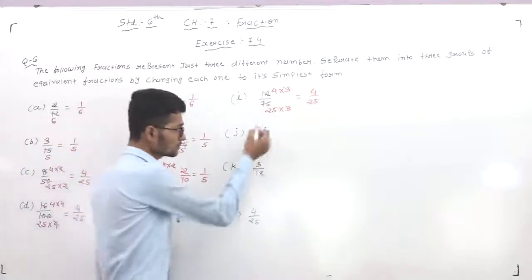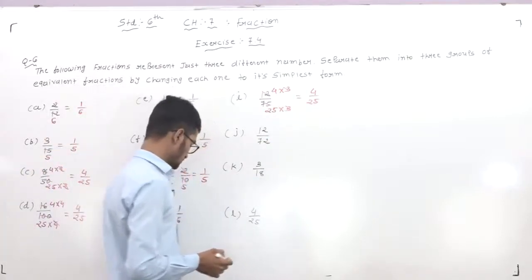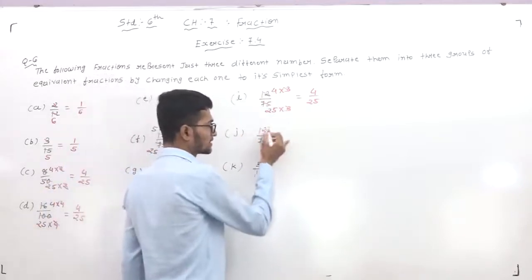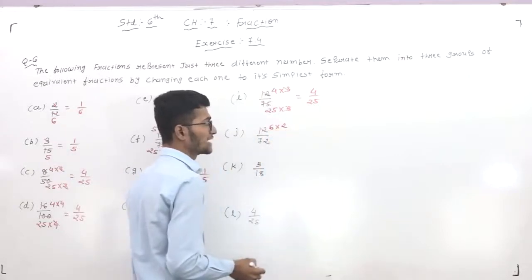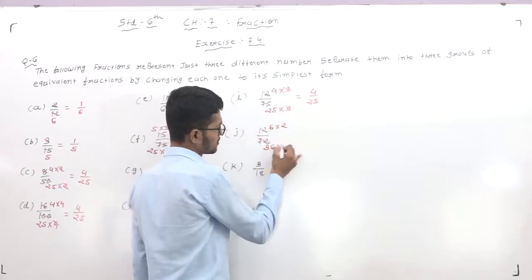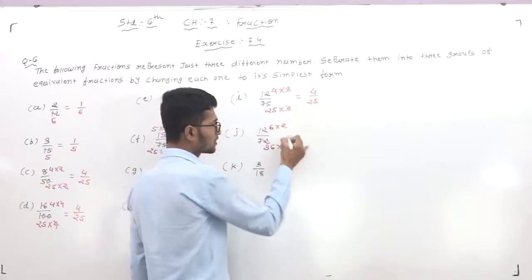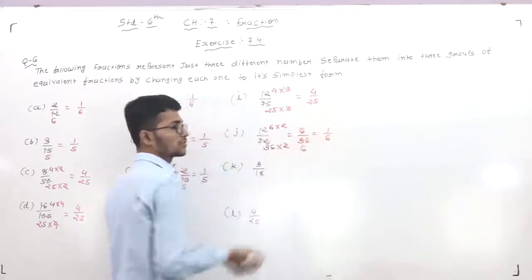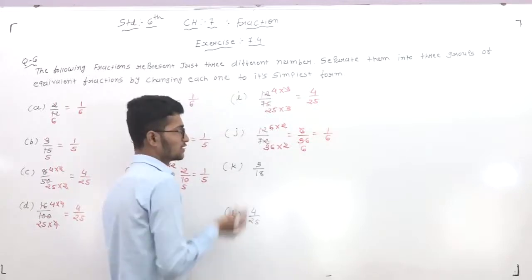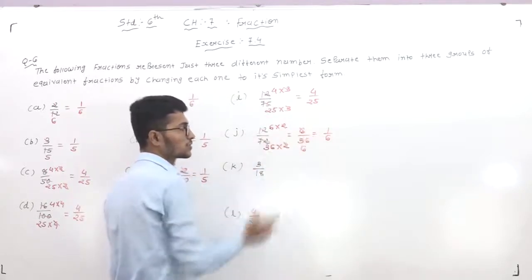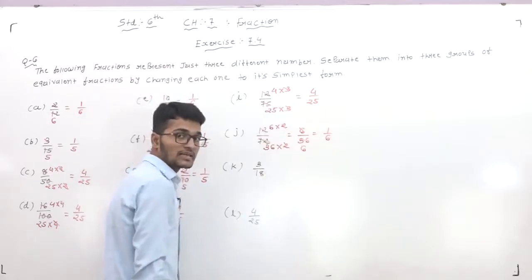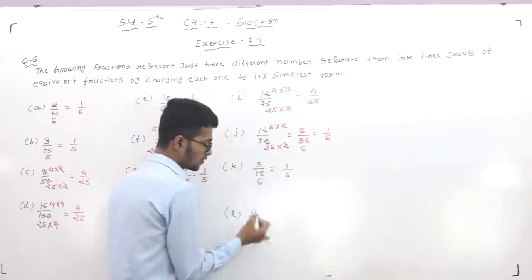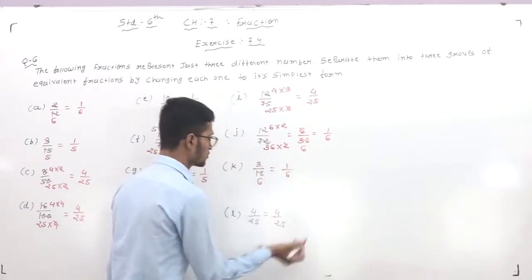Okay. Next 12/72. How is this cutting possible? If you do not cut directly, then this way: 6/36. Again 2 2 cut, the answer is 6/36. Again 6 6s are 36, it means 1/6. Directly cutting, 12 6s are 72. If you cut directly, the answer is the same, and cutting this way the answer is also the same, 1/6. Then the next one, 3 6s, the answer is 1/6. And 4/25 cannot be cut, so the simplest form is also 4/25.